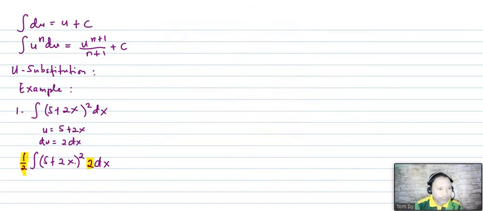okay, this one is u to the n. And then this one will be our du. So that the integral of u to the n du, take note, is equivalent to u to the n plus 1 over n plus 1. Take note, the integral of u to the n du equals u to the n plus 1 over n plus 1. Therefore, to answer this problem,